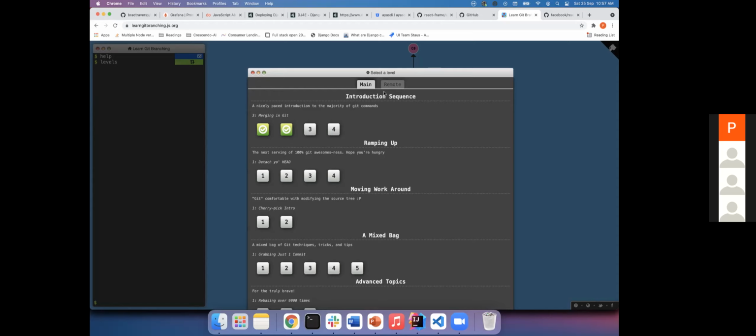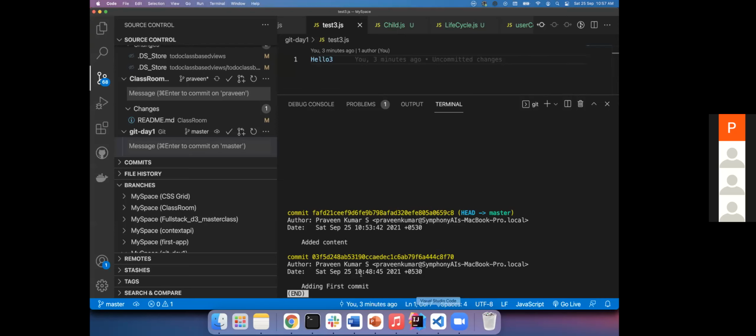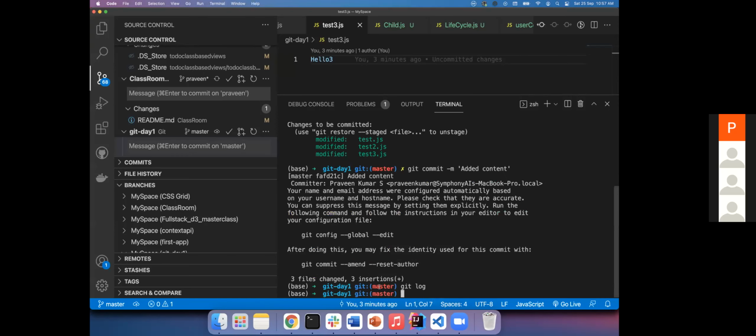The answer is branching out. This is called a feature branch. What does a feature branch mean? Now you see in my highlighting something saying master. Imagine this project is hosted on the web as a GitHub repository.